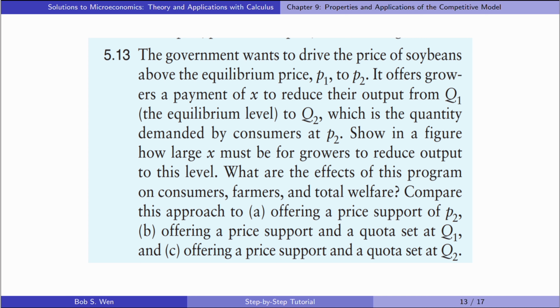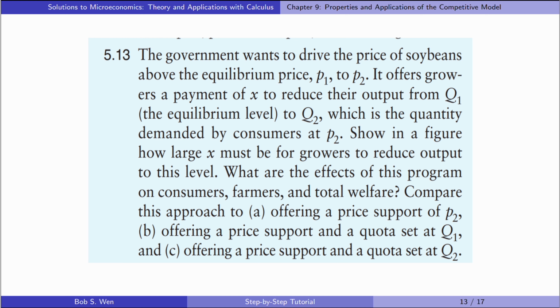Let's answer exercise 5.13. The government wants to drive the price of soybeans above the equilibrium price P1 to P2. It offers growers a payment of X to reduce their output from Q1 to Q2, which is the quantity demanded by consumers at P2. Show in a figure how large X must be for growers to reduce output to this level. What are the effects of this program on consumers, farmers, and total welfare? Compare this approach to